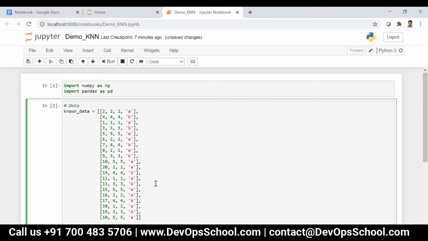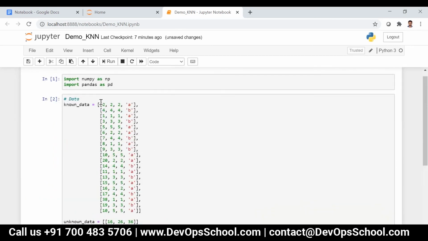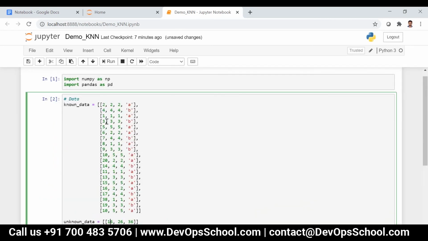Then I provide the len of unknown data of 0. So it will take 16 minus 2 the whole square plus 26 minus 2 the whole square and 36 minus 2 the whole square, and then the square root of it. So the formula will be like this.